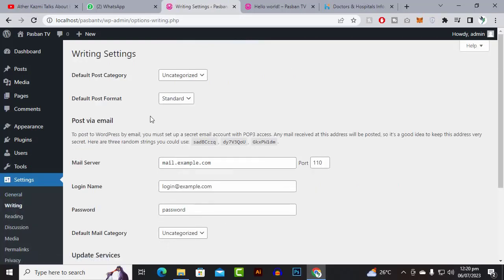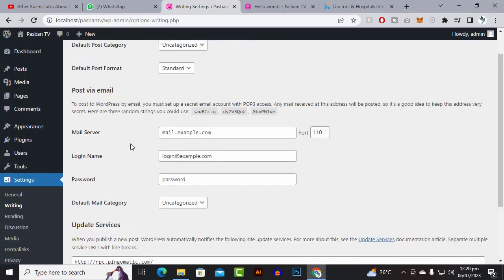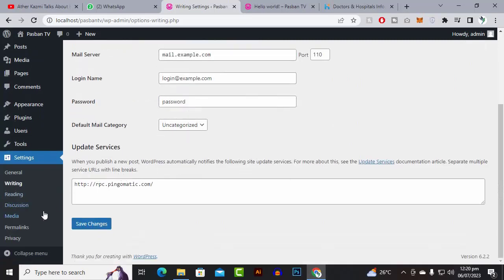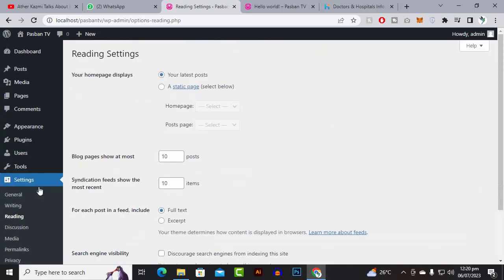Then we have the writing section, in which we can manage the writing services. We can add the email address, mail server, and some other things as well. And the reading section is also very important. In reading section you can see that our latest posts are selected. We can make it a static page as well, and we can select this page as well,